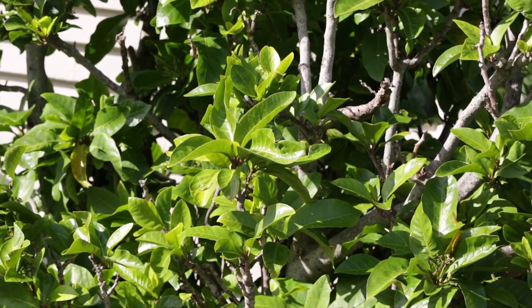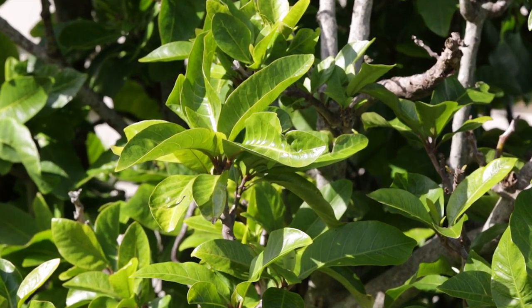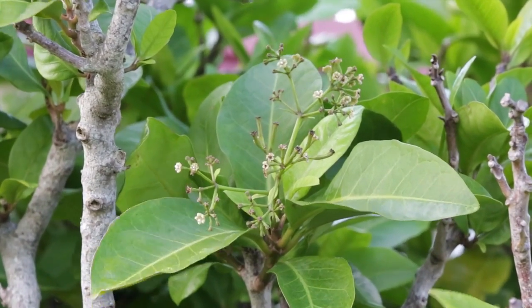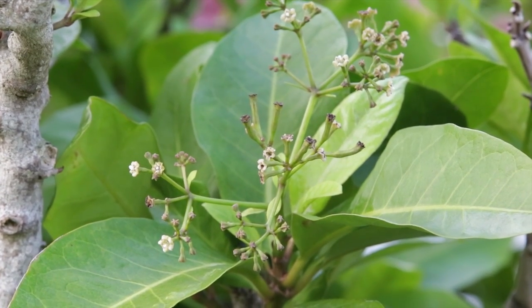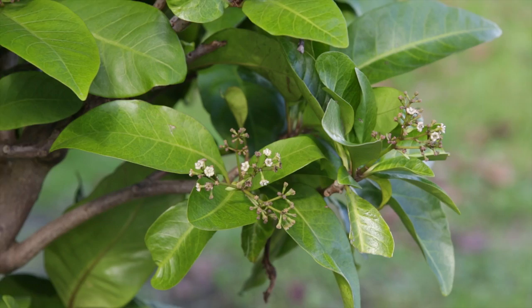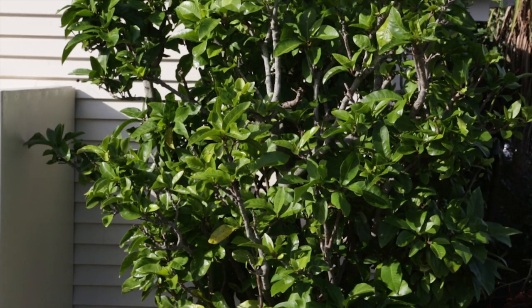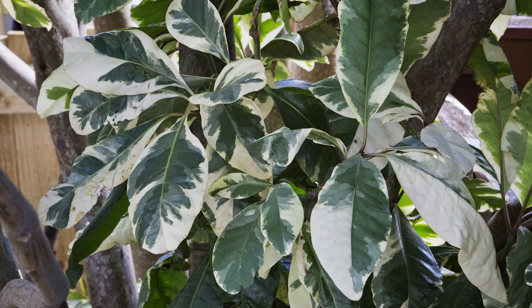This is Pisonia brunoniana, known by its Māori name Parapara, or more commonly as the birdcatcher tree. It's an attractive subtropical but deadly flowering tree in the bougainvillea family. A native to New Zealand, growing up to 6 metres high, mainly in the upper North Island areas. There are 2 varieties. One has large glossy dark green leaves and the other is variegated with extensively marbled creamy